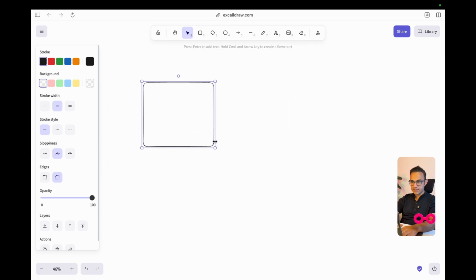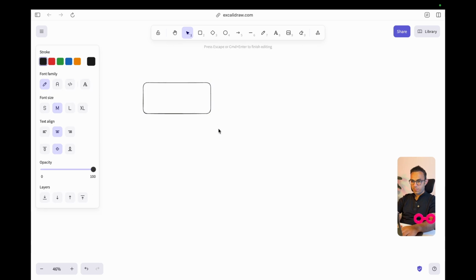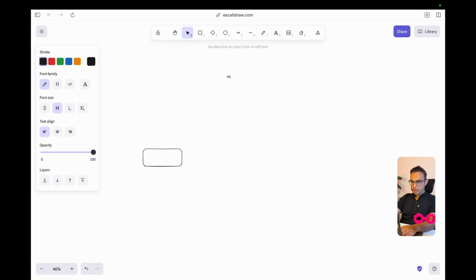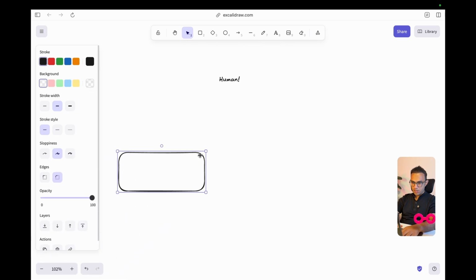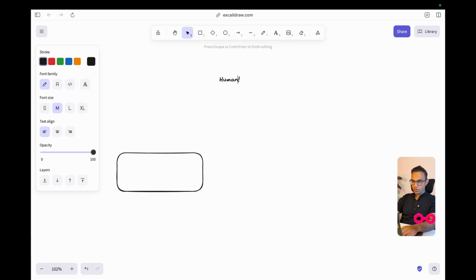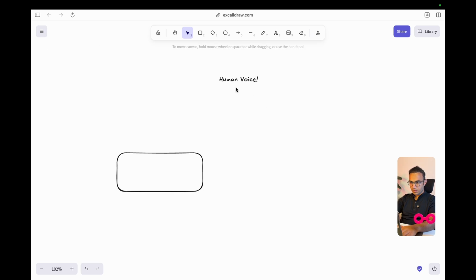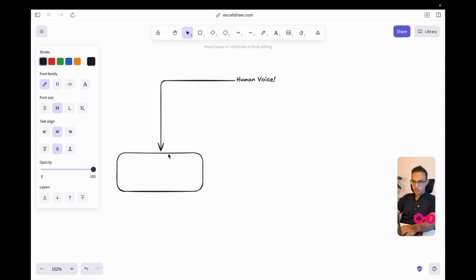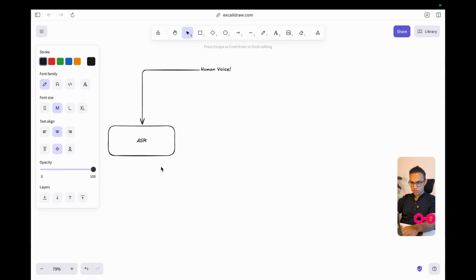What happens is, the very first thing that happens is, let's say, if a human is talking, that human voice, or the microphone voice, is transcribed through a piece of software called ASR, automatic speech recognition.